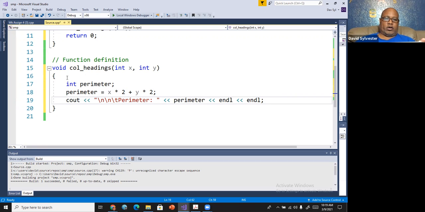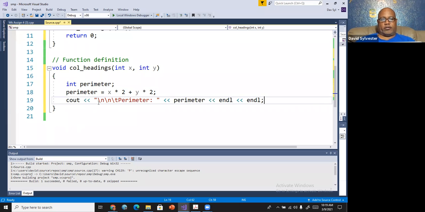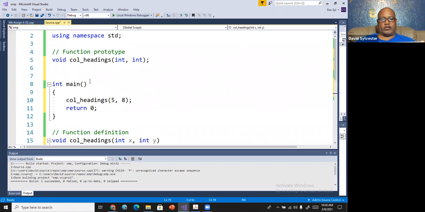Now, perimeter is only known in what? The scope of perimeter is what? Call heading. So I can't try to print perimeter in the main function. I can only print perimeter here. So now I find out that x times 2 plus y times 2, get that value, and then print out that value here and then return back to the main function. So watch, when I run the program,